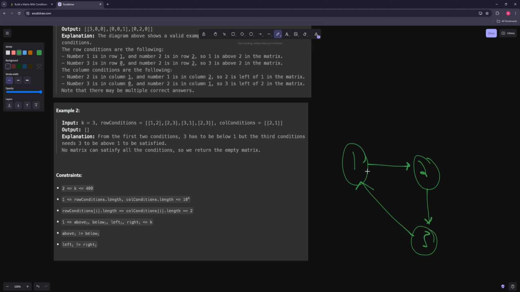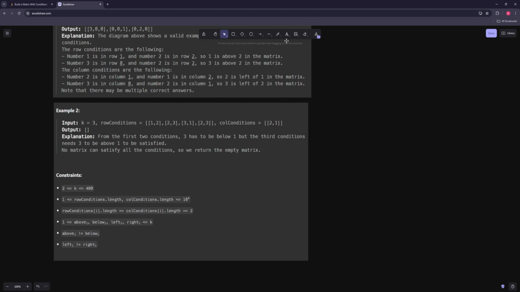Whenever you have a cycle, it's not possible, because you can't pick to do anything here, because the only things you can pick to do are things where you've done everything before, right? So if we pick 1, we can't pick 1 because we have to do 3 first. We can't pick 3 first because we have to do 2 first. We can't pick 2 first because we have to pick 1. So basically the only graph that you can pick stuff for is a graph that has